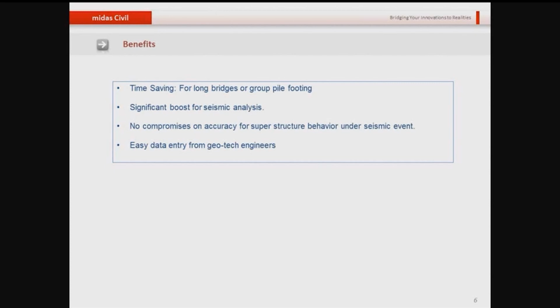And you need not make any more compromises on the accuracy of superstructure behavior under seismic events. In the past, what we used to do without this feature was to have either a fixed support at the base of the pier, or we used to model the entire group of piles by replacing them with one group of pile and trying to approximate the behavior of springs all along the pile. But now what you can do is simulate the entire footing or the foundation behavior with one support